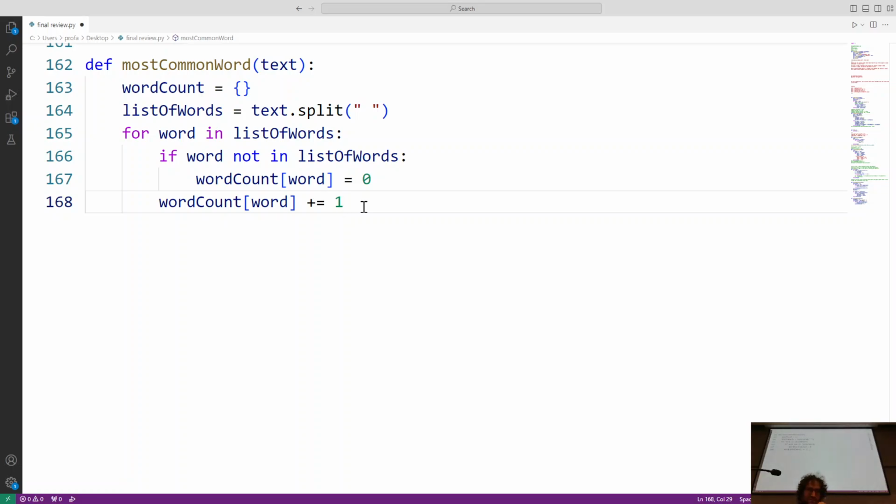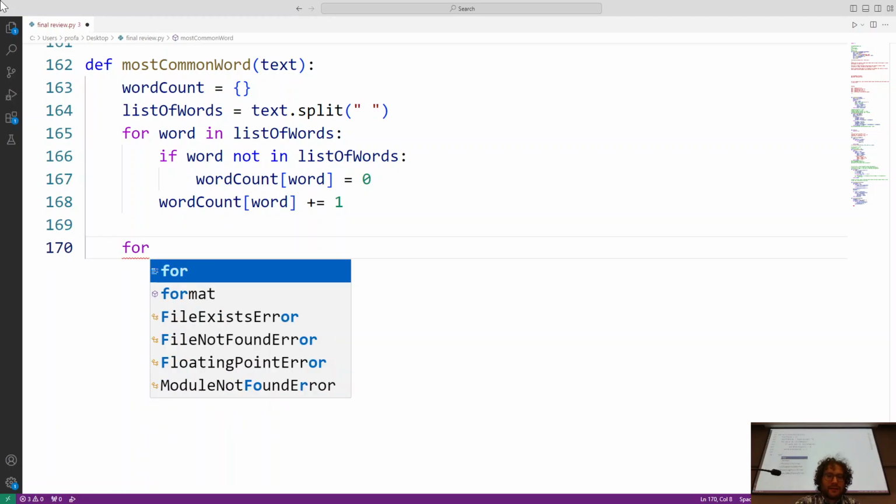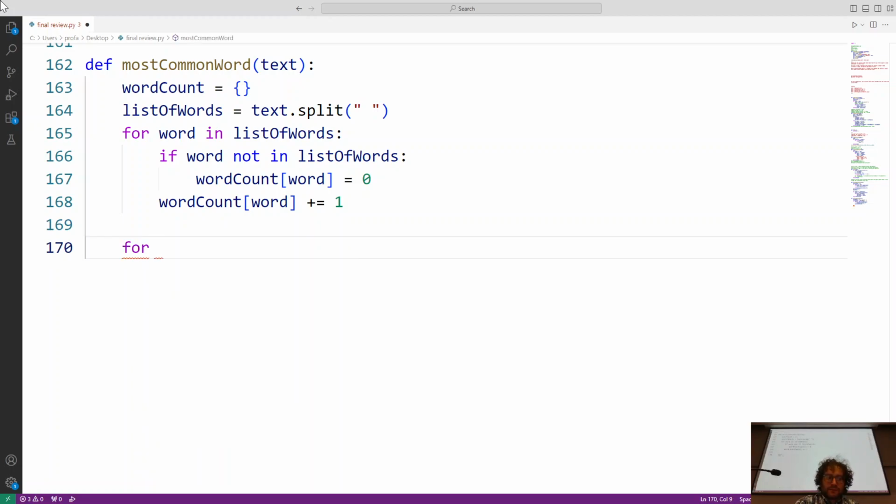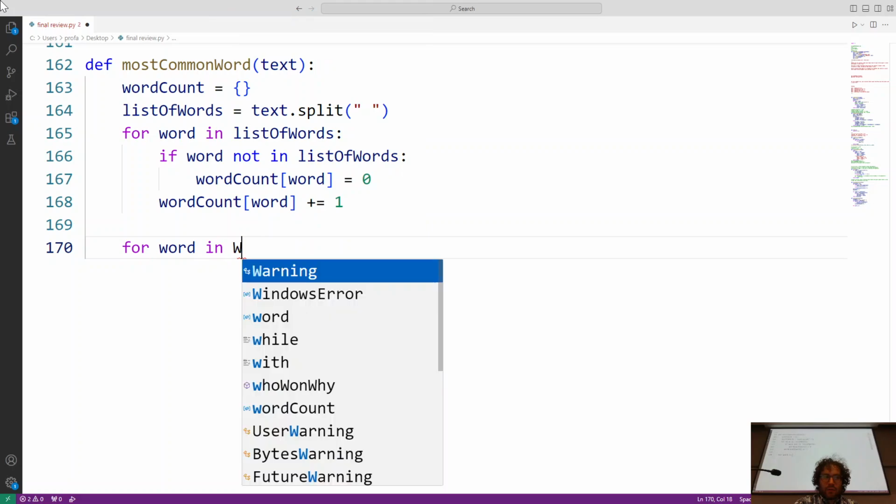I mean, that's one way to do it if you want it to be more concise, but it's also not necessary. I don't think it's actually any more efficient. But I just wanted to point out that was a way to do that. There's more than one. Okay, for word in word count,